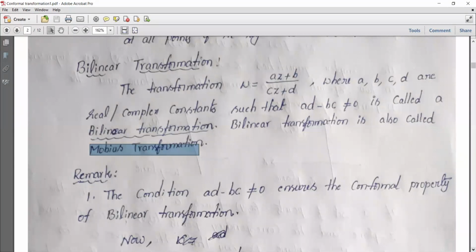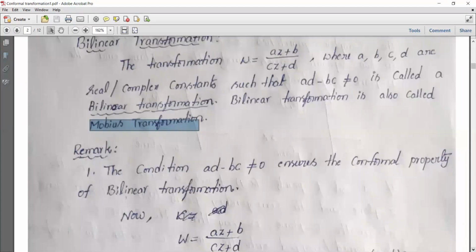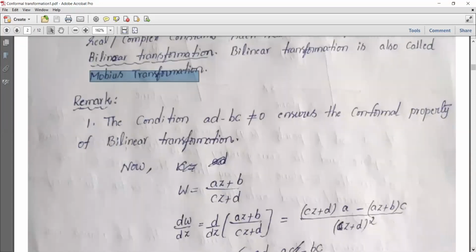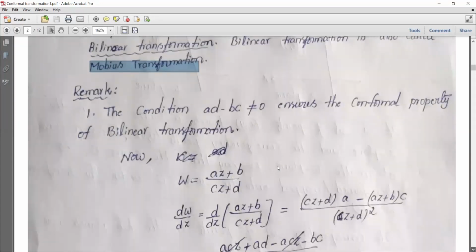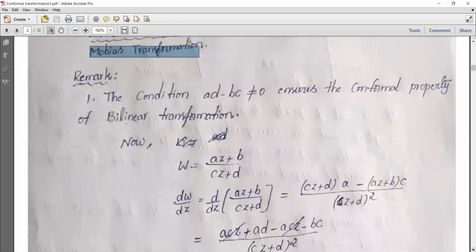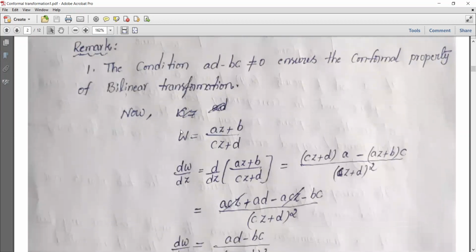Now, when do we say this bilinear transformation is conformal? What is the property it should satisfy so that this transformation is a conformal transformation? So to say this is conformal, here we have some explanation. Take W is equal to